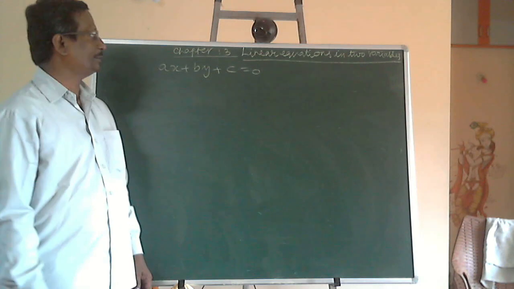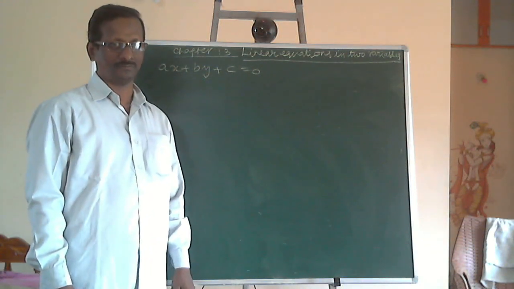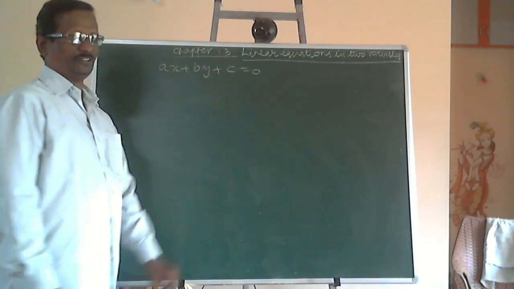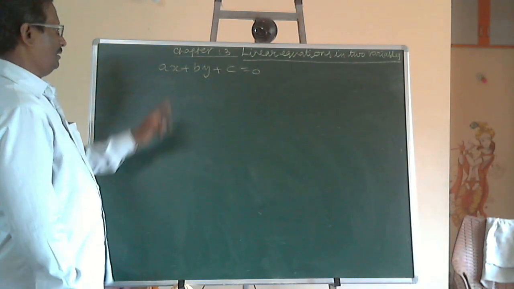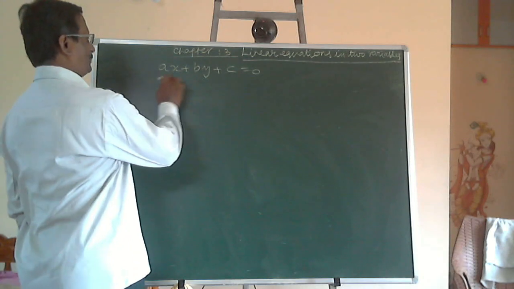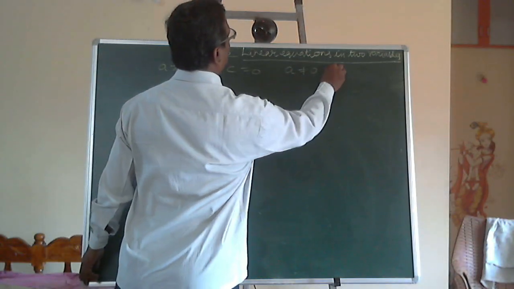Today we are going to learn chapter number 3, linear equations in two variables. Let us start. ax + by + c = 0 is the standard form of the linear equation. While writing the equation, there is some condition also: ax + by + c = 0 where a is not equal to 0 and b is not